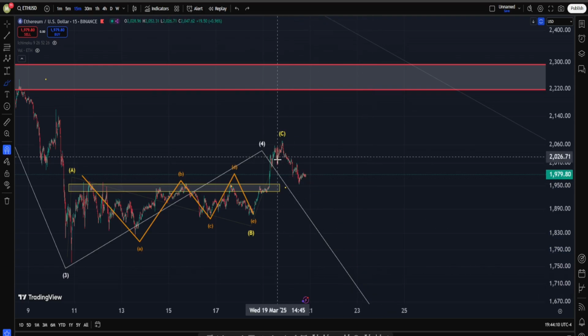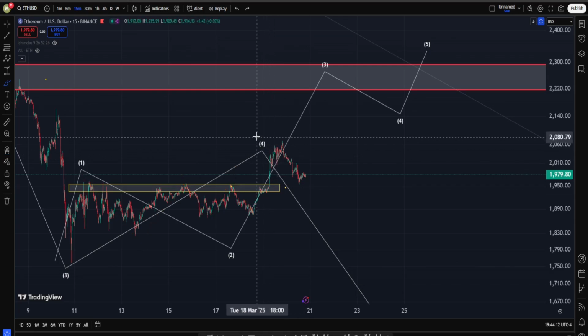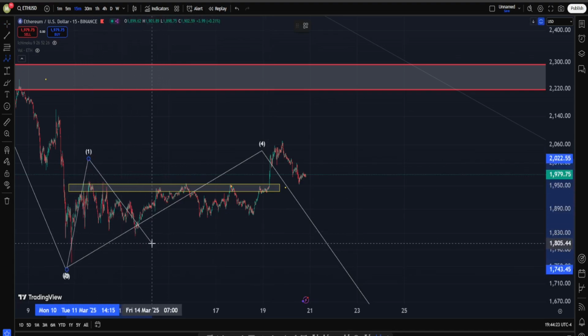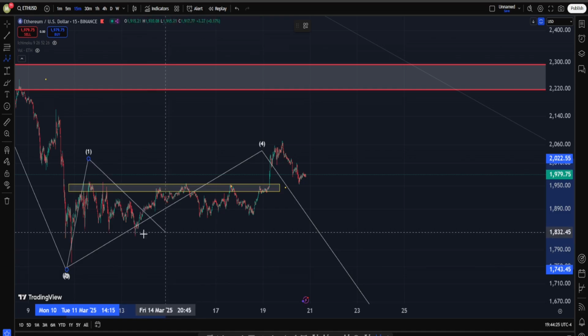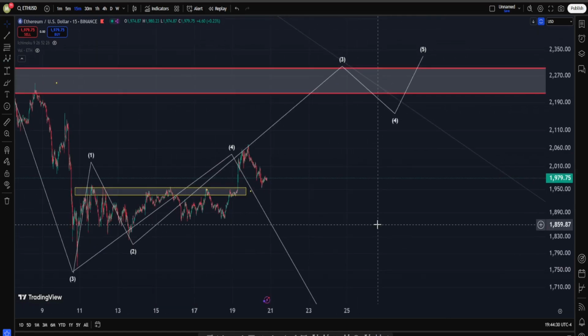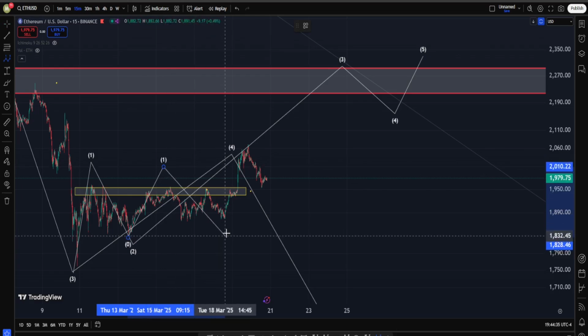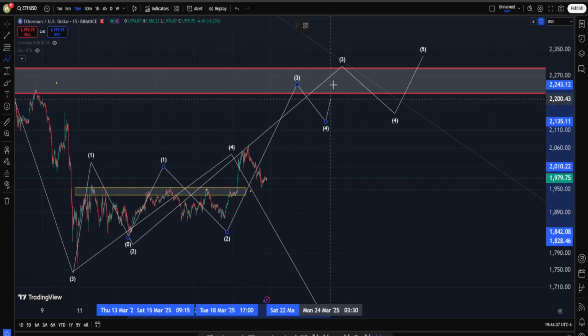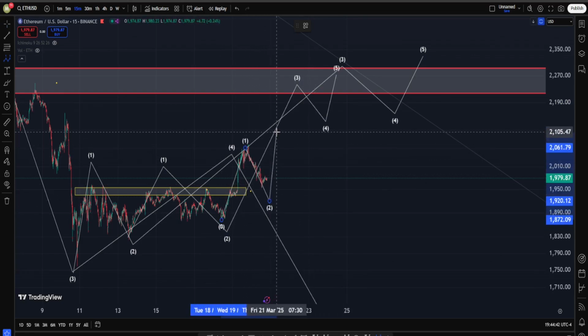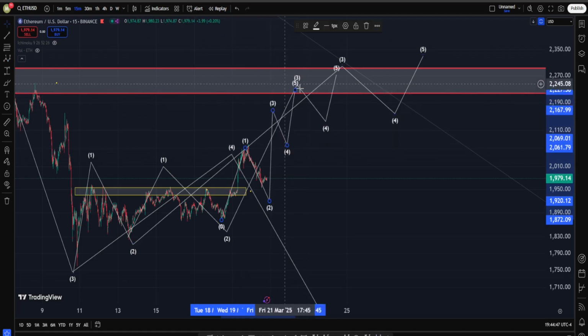So based on this, what are our bullish options? Let's just delete this one. Okay, here's the thing. I can say that maybe this is a 1 and then a correction for wave 2, probably yes, to about this point, and then wave 3, 4, 5, and in here we may have a series of 1-2s, meaning this can be a 1 correction for 2 and then another move up into wave 3, 4, 5, and this is also, believe it or not, another 1 and a 2 if you want to be optimistic, and you can say we're gonna have soon a decent move into wave 3, 4, 5.